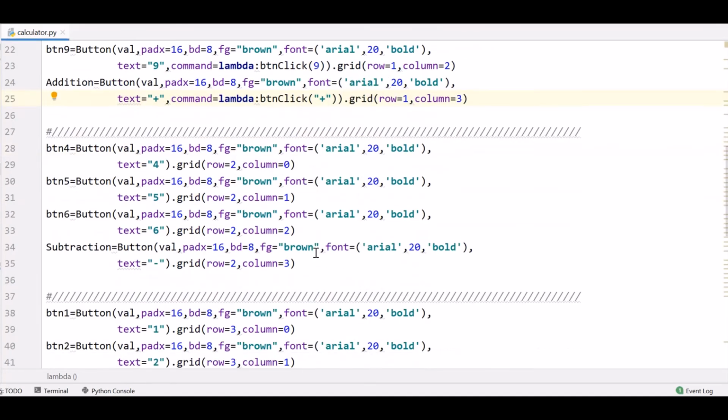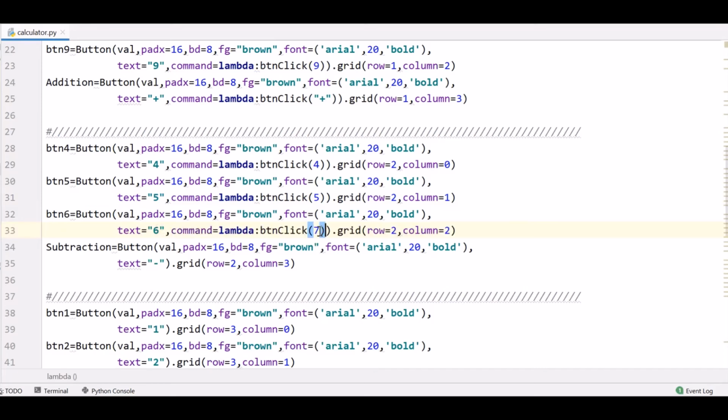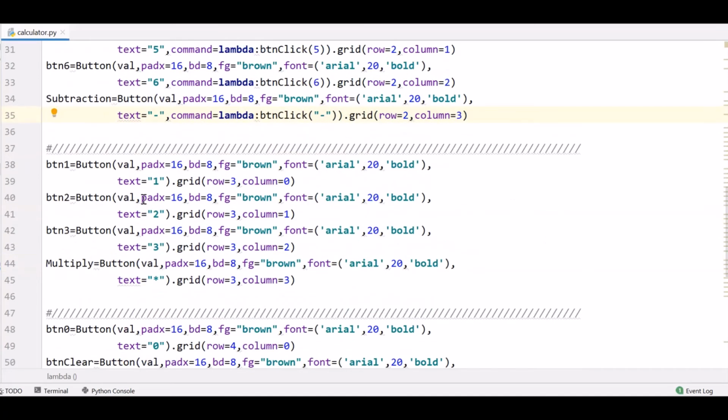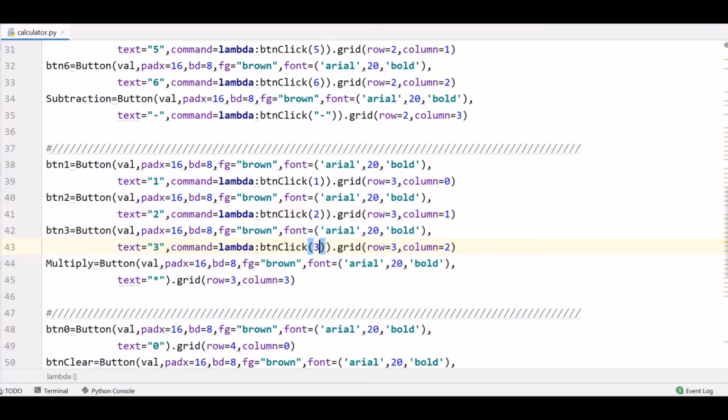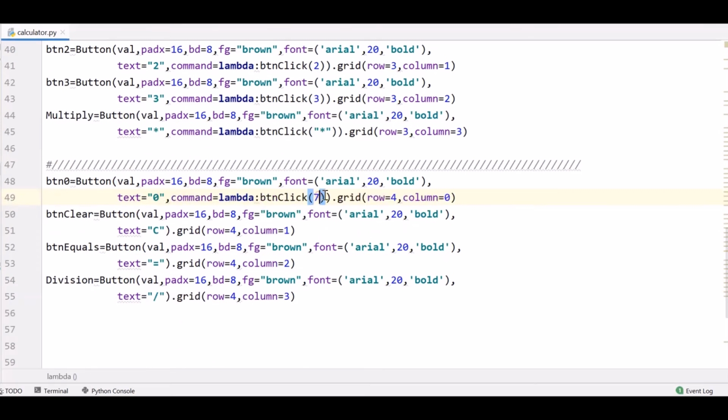Now again we need to define for 4, 5, 6, and then for minus button, then again for 1, 2, 3, and then for multiply button, for 0, and here for clear,